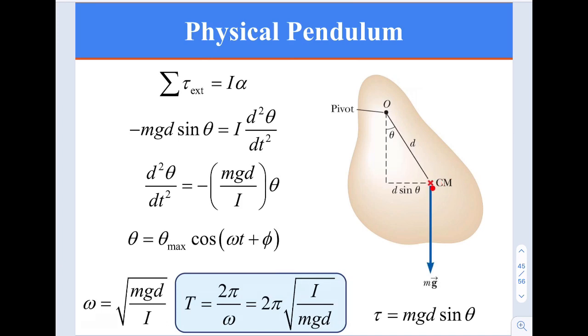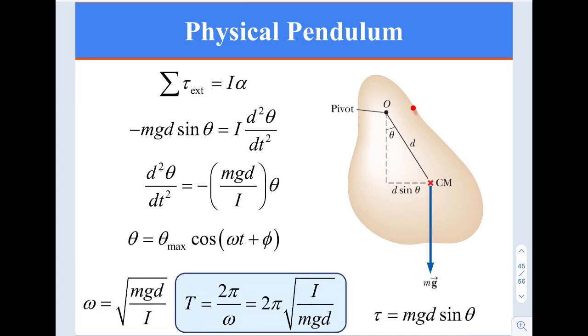How do we know the center of mass here? Actually, you have to perform some calculation, because this is an undefined shape, so you need to figure out the moment of inertia and whatnot, and then you are going to know where the cm, the center of mass of the object, is. In this case, it is already given that this is the point for the center of mass of this object. So the pivot, or fixed axis here, does not pass through the center of mass, and the object